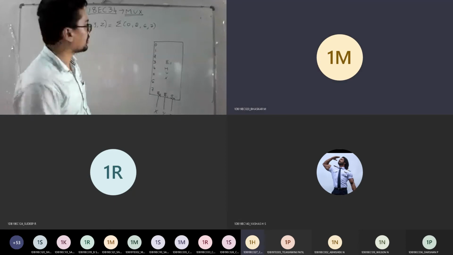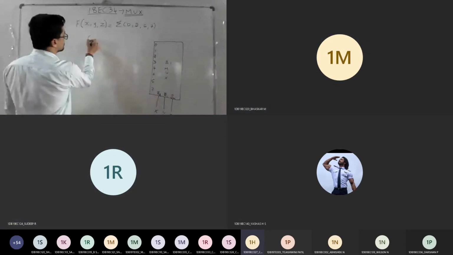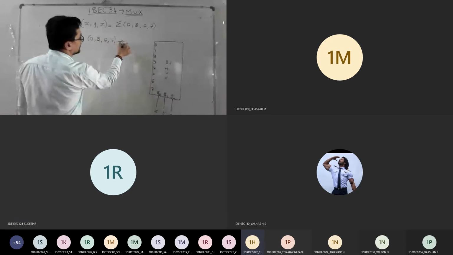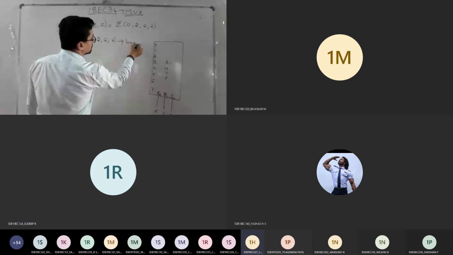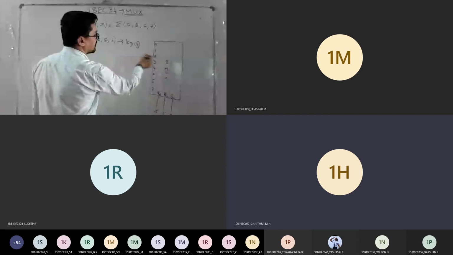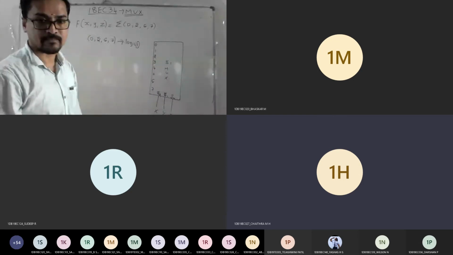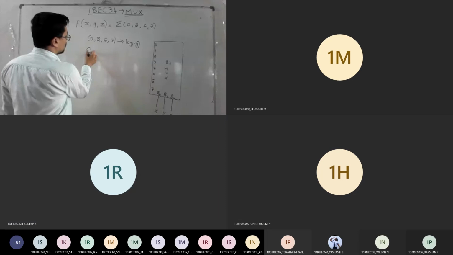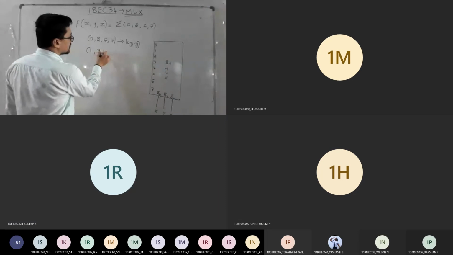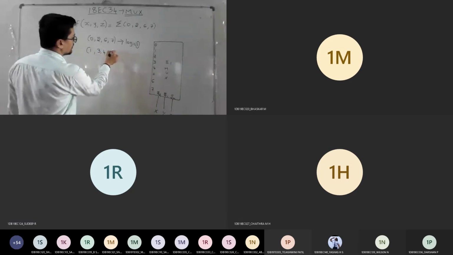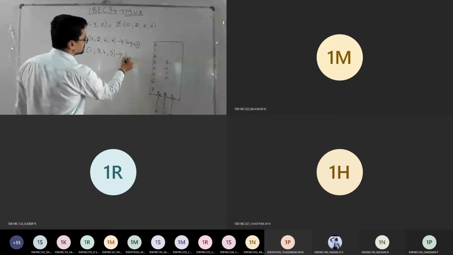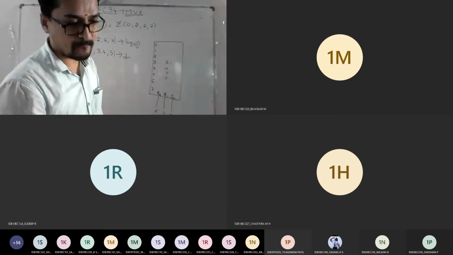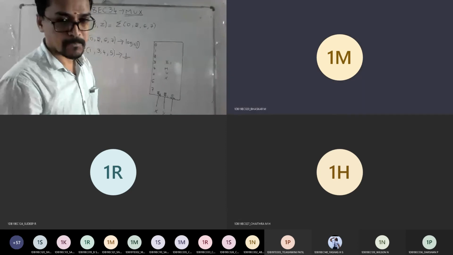What should it be? Logical 0. For these, 0, 2, 6 and 7, I need to connect my inputs to logical 1. And the things which are left out, how many pins are left out now? 1 is not there, 3 is not there, 4 is not there, 5 is not there. These should be given to ground, sir. Ground. Good. Understood now? Yes sir.